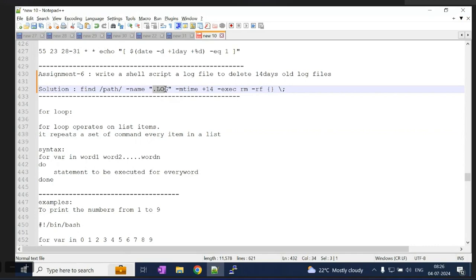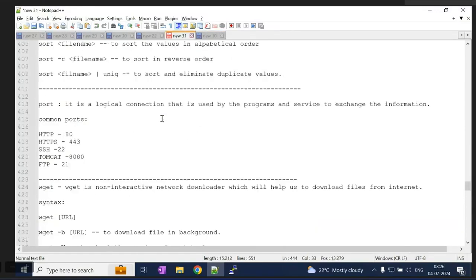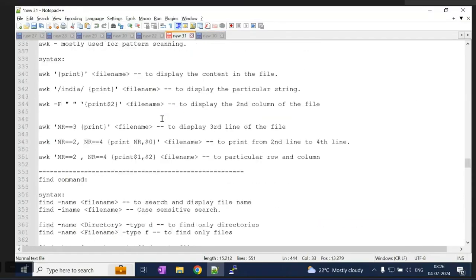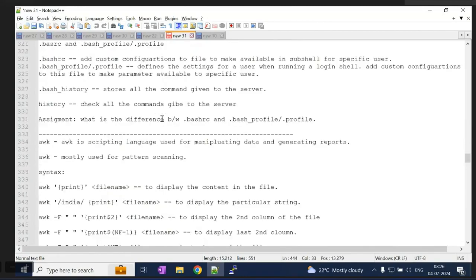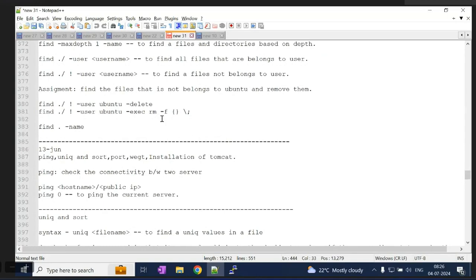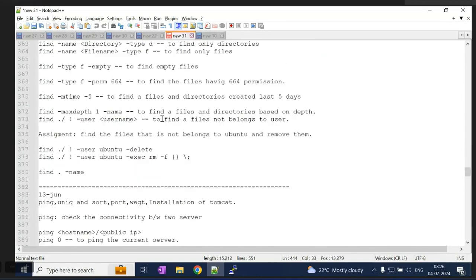So what we've written, like star.log, that is also fine. We discussed this in the find command also, right? Put that star and you find that command. If you remember, that is also correct. Someone has posted yesterday. So here we discussed